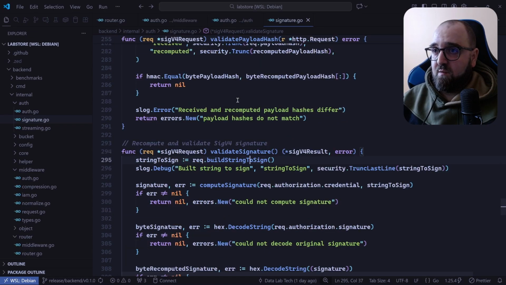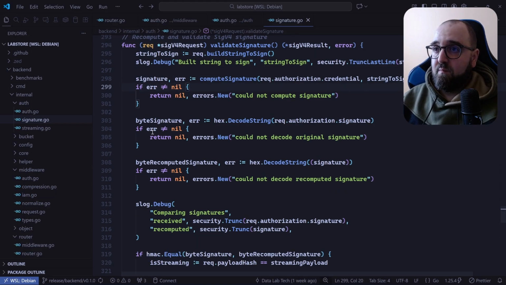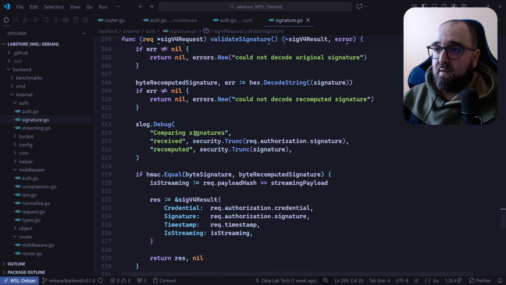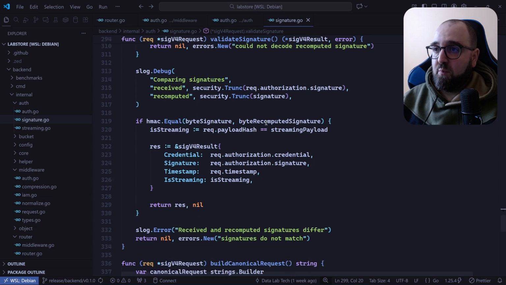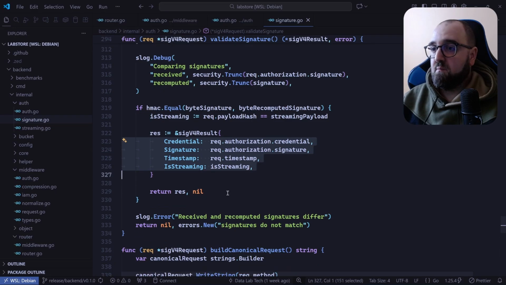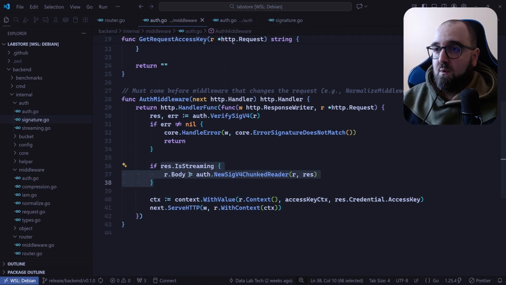And so we return the string to sign, and then we compute the signature based on the credential and the string to sign. And finally we compare the two signatures, the one that was sent as well as the one that we recomputed. We check whether the signatures match, this is streaming, and we pass this along in SigV4 result, right? So essentially, once we do this in the middleware, we are at this stage and we are checking whether